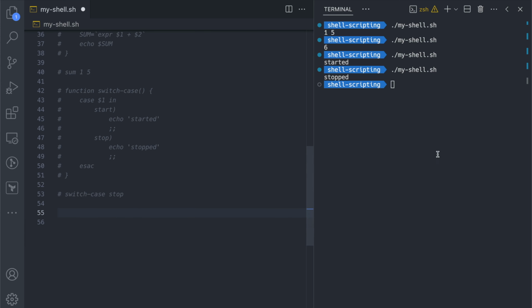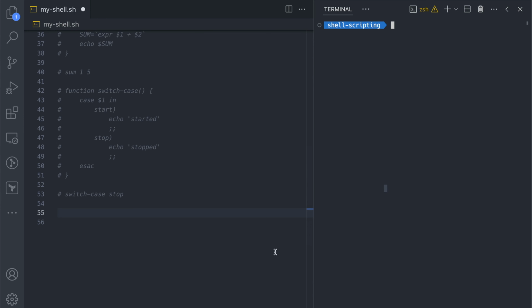Next, after this, I've got a good one. So let's say you want to take input from the users. So how do we do that? For that, we have a utility called read, and then you can do hyphen p and give your message. So it's one line. So maybe what,